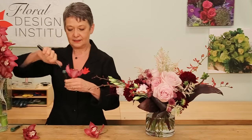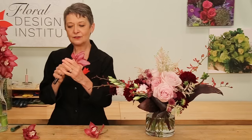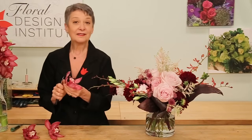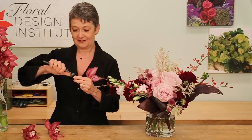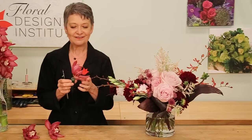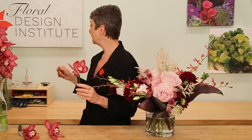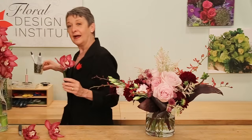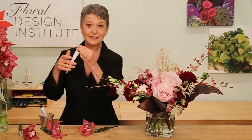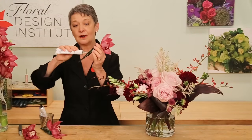Already have water in here. I always give a cut to the lid so that it's not too tight. Because if it's too tight, it's almost like a tourniquet. Flowers won't last as well. Then the beauty of these, they're going to last forever and ever, it seems like, weeks tubed like this, because they're slow water drinkers. And they can just be set right down into the bouquet using a little bit of your Oasis Floral adhesive, just a bit of glue on the tube,